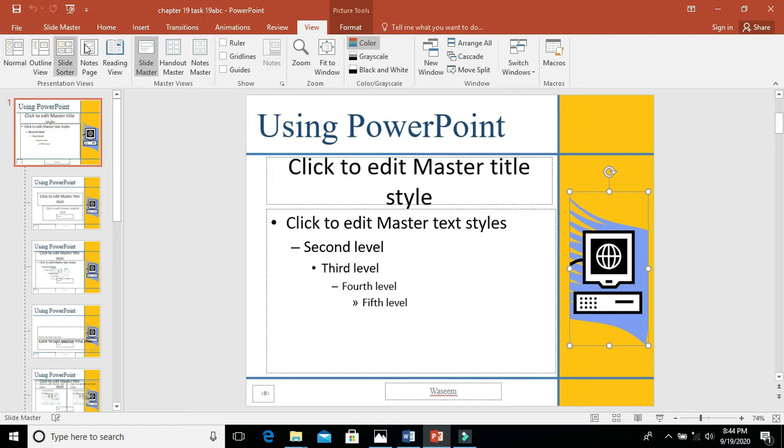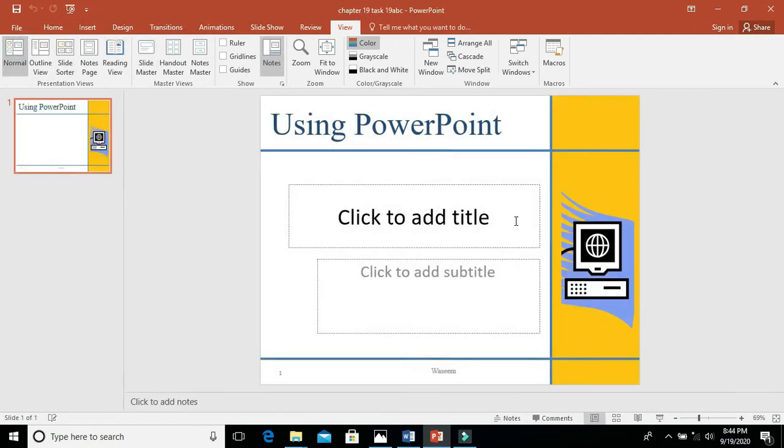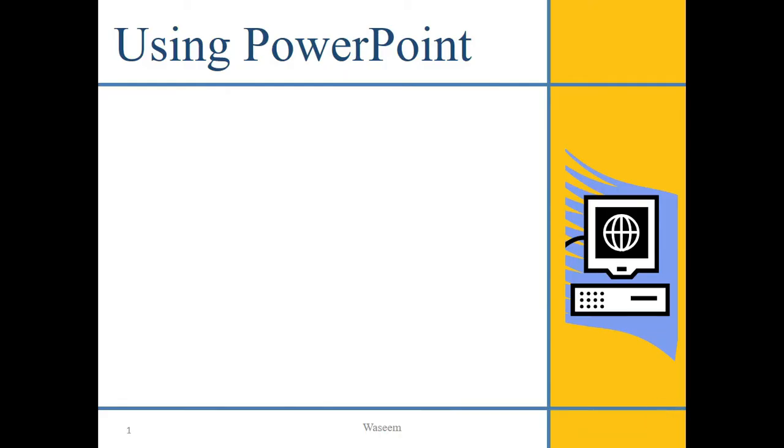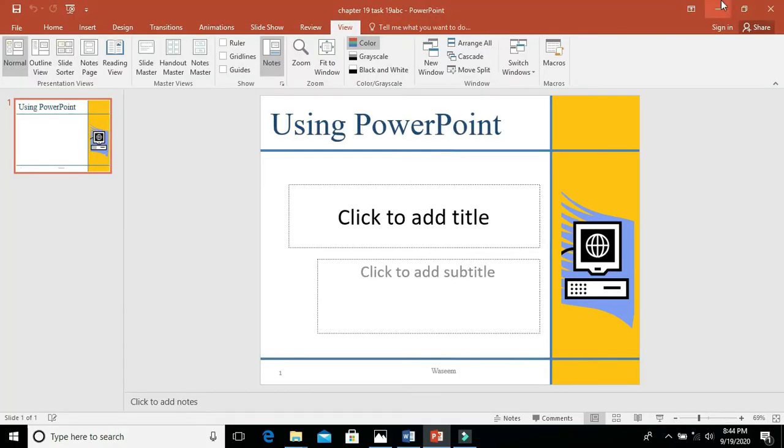When you go to the normal slide, it looks like this. Look at this. We have included a heading by using a text box, and we have inserted an image. In the footer you should add your name, and at the left side the slide number. Okay, let's do it now.